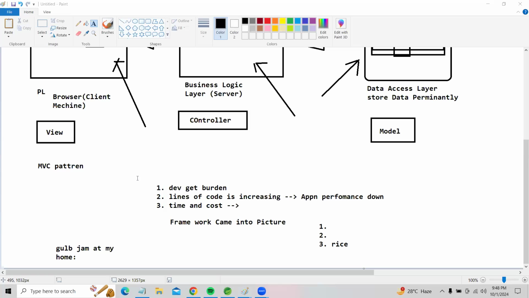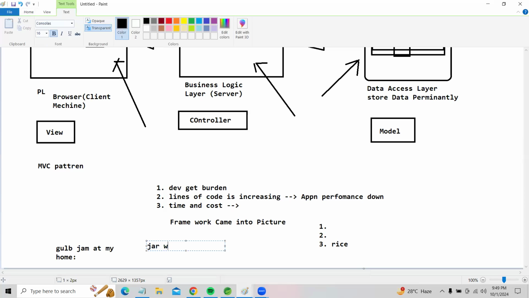Here, preparing according to our taste is nothing but our own business code. But the ingredients they gave in that packet are common for you and me. Am I right? Sir, need your response. Those things we are not going to gather individually. Here also it is the same story, my friends. Whatever you feel is common code for development, that common code is already given in the form of jar and war files, sir. We are just going to focus only on business logic here.